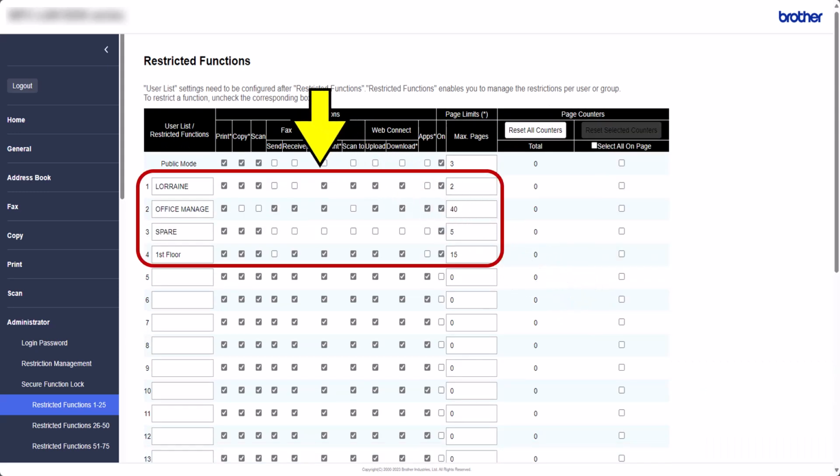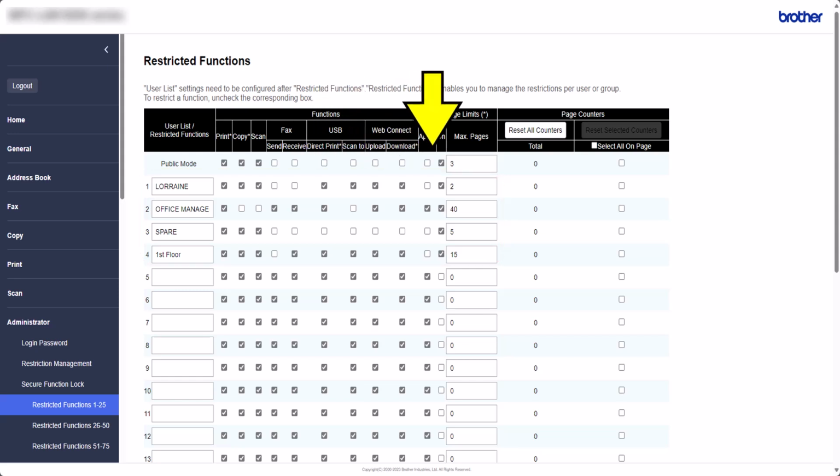Some groups and users have been added, with various functions and different page limits. When using a page limit, make sure you click the On option. Click On here if setting a page limit for a group or user. If this isn't selected and you have any value other than 0 in the max page box, when submitting changes it will fail, as this box needs to be selected for this feature.